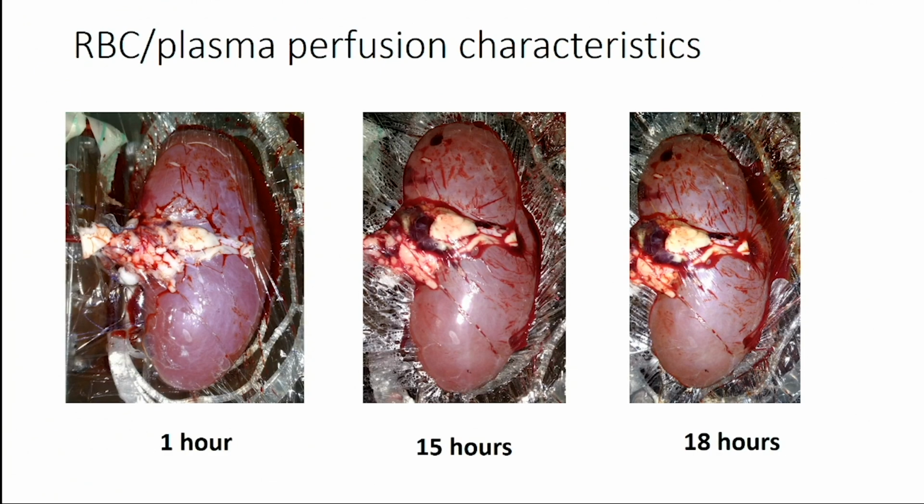And so, if you don't believe me, I thought I'd show you some nice pictures. So this is a kidney on the machine. It looks shiny because it's covered in cling film, which again is a very cost-effective way of keeping the kidney warm and moist. And so at 1 hour, it's reasonably pink and perfused, and at 18 hours, the same. So you can pretty much tell when a kidney's dying because it starts looking black and blotchy and horrible, and that kidney looks okay. So we had started to achieve this objective of a research model of pig kidneys